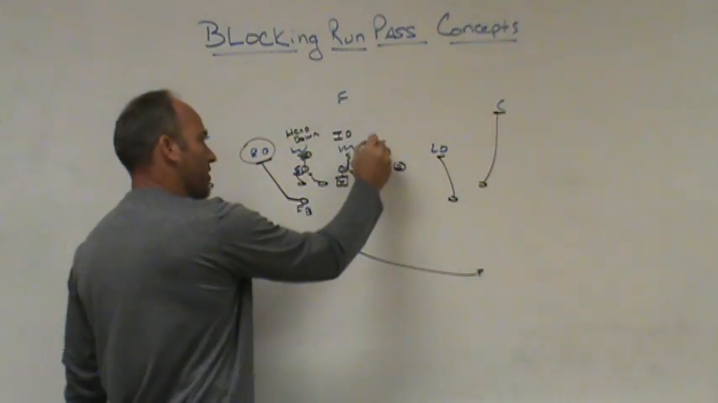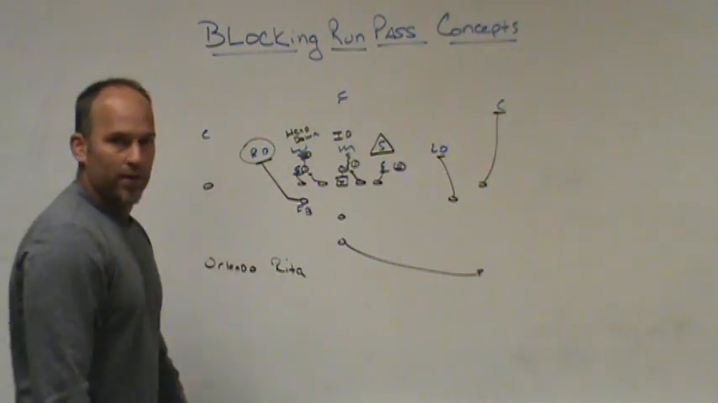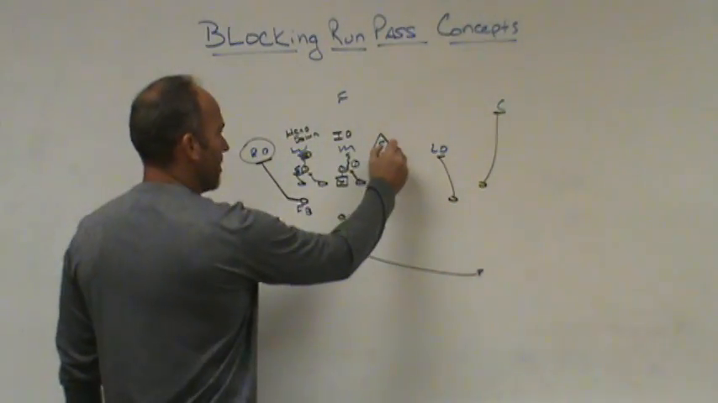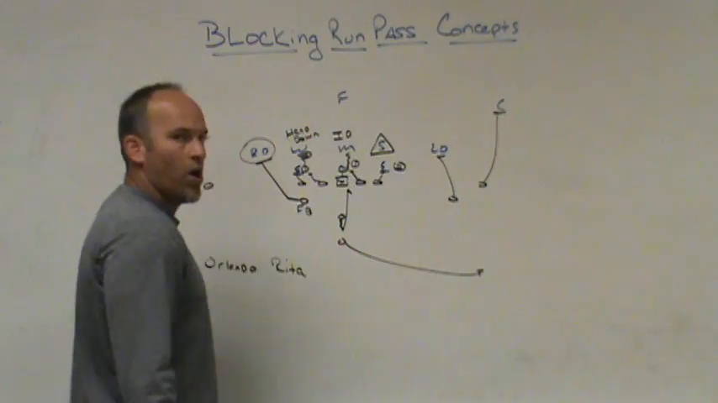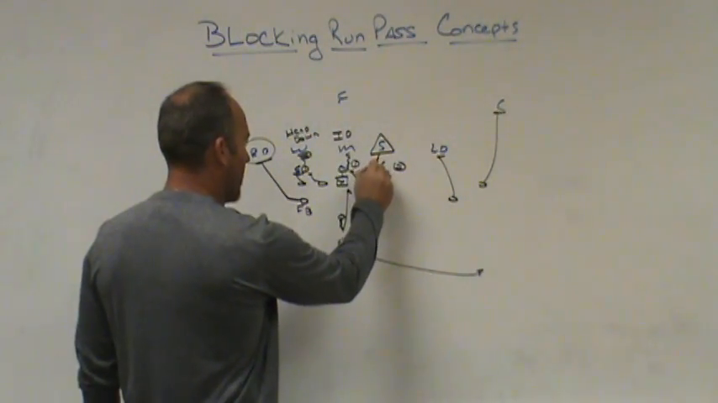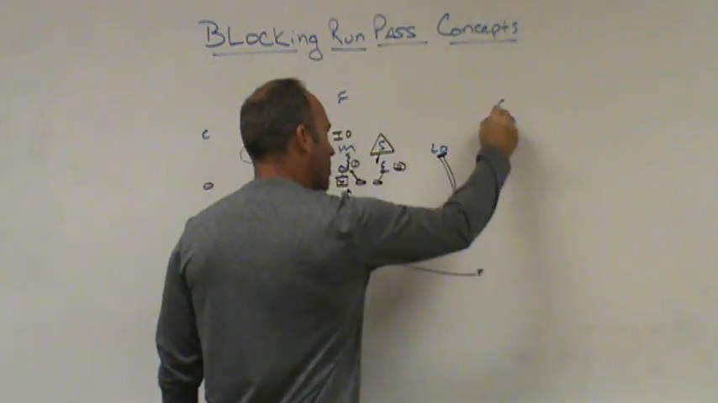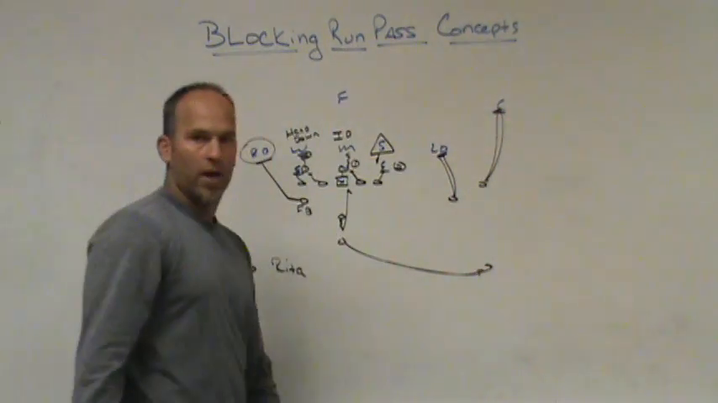Now what we're going to do is tell the quarterback to read off of that. If that guy widens, put your foot in the ground and run quarterback draw. If that guy stays where he is, we have numbers to the bubble, throw the bubble. Okay? Now,